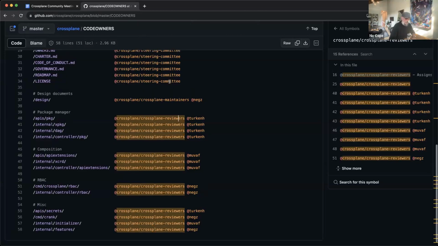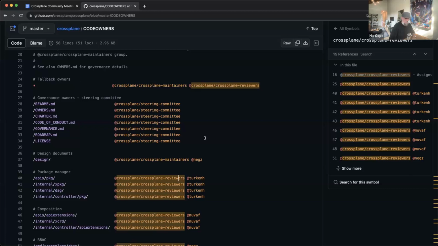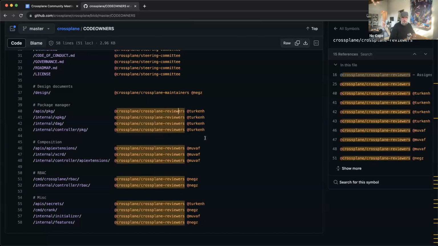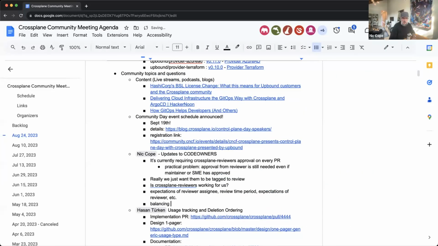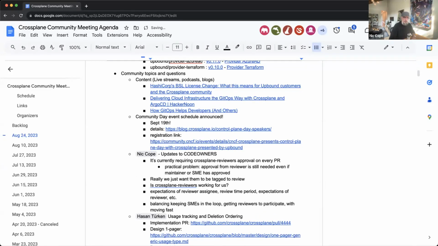So I want to balance keeping subject matter experts in the loop, giving reviewers a chance to review things, not requiring maintainers, and especially a subset of motivated maintainers, to be the people actually reviewing and moving all the PRs along, especially when they're little drive-by PRs that aren't blocking our day-to-day work, that are easy for them to let sit there. So there's a lot of stuff to balance here, basically. That's kind of hard to get right.